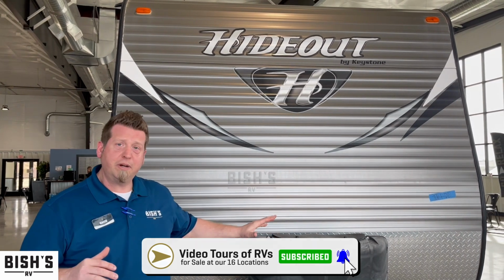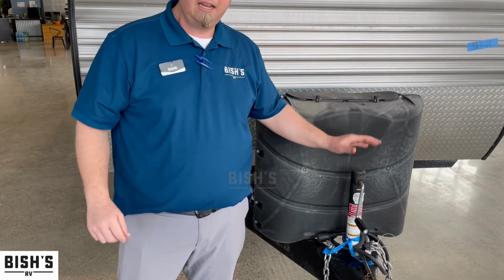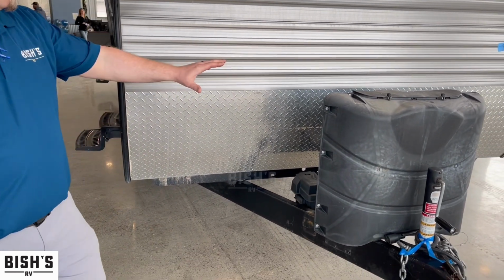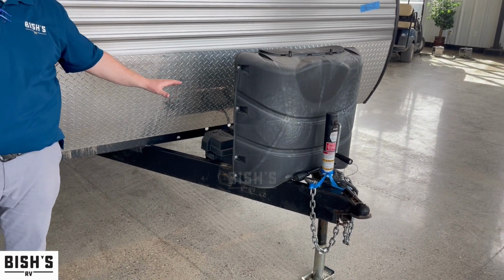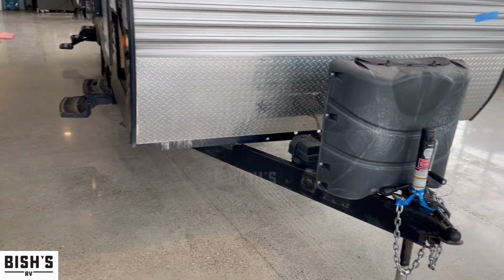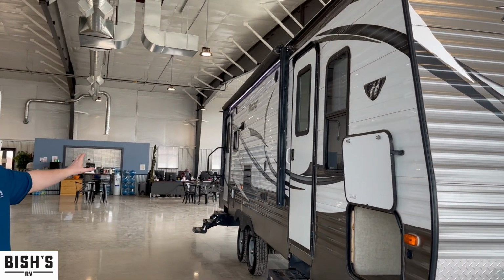So believe it or not, 26 foot, this is a half-ton towable camper coming in at 7,700 pounds, fully loaded. That's your tanks and all your cargo. To save a little bit of extra weight, they put on a manual tongue jack and manual stabilizers along both sides of the camper. But here on the front, you do get dual 30-pound propane tanks and 2 deep cell RV marine batteries. On the outside here, you do have a really nice long 15-foot fully LED lit awning, which